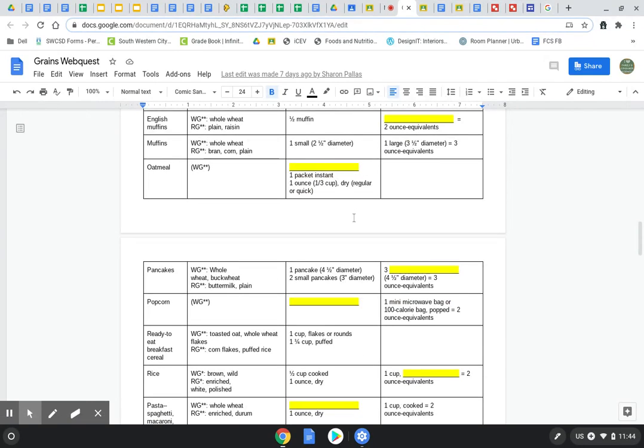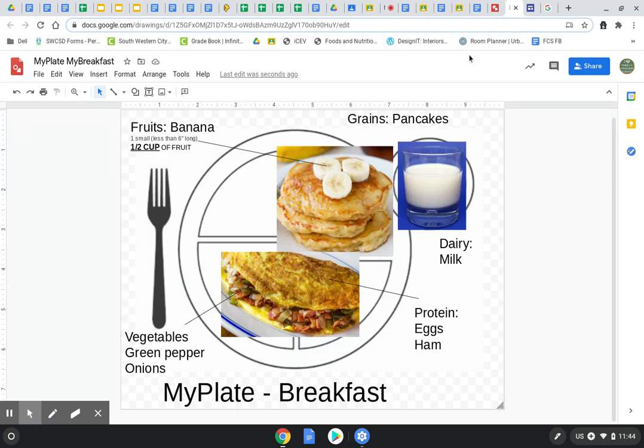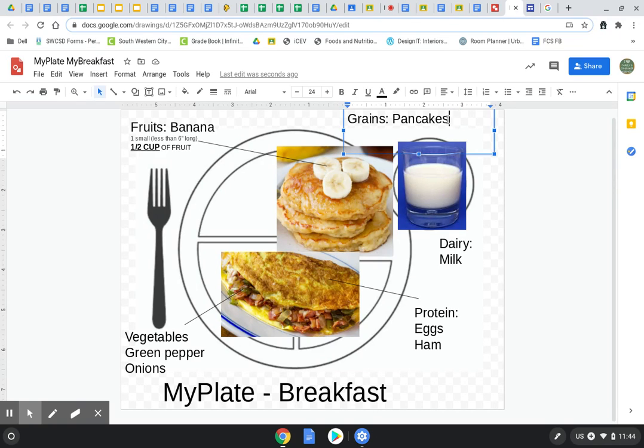Okay, so I'm going to come down to pancakes, and I'm going to do the 3 pancakes because that's what the picture is of. And that's a normal serving. Okay, so that didn't copy very well.